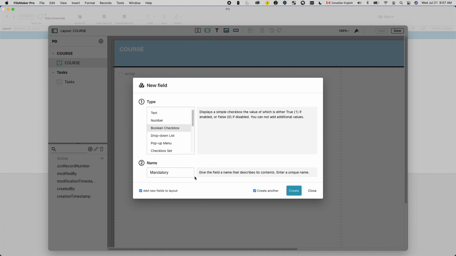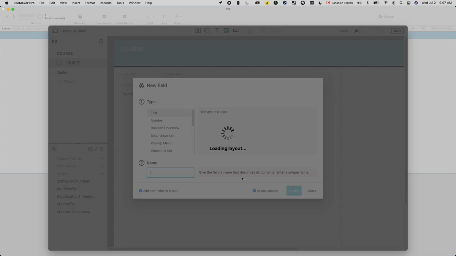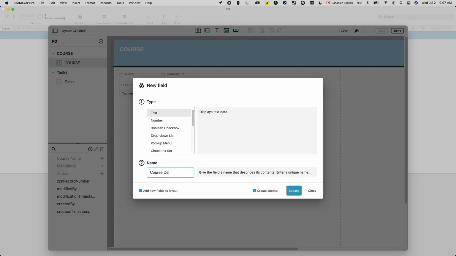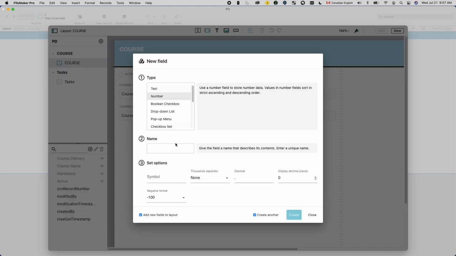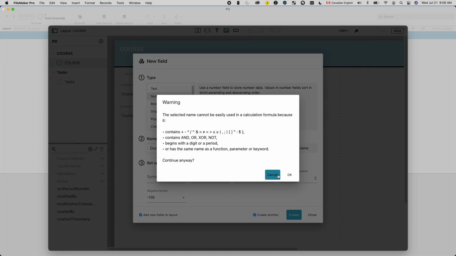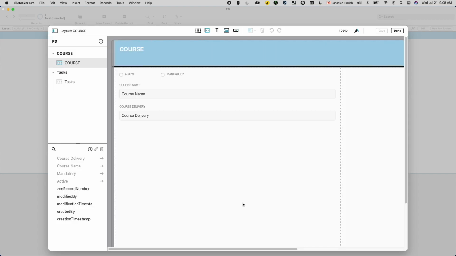Using Clara's own analogy, imagine FileMaker as an Olympic-sized pool. Our Quick Start experience represents the shallow end, and the full power of FileMaker Pro represents the deep end. The deep end isn't going anywhere, but the new shallow end is designed to bring more developers to the platform. If you want to try it out, please follow the link in the description below.